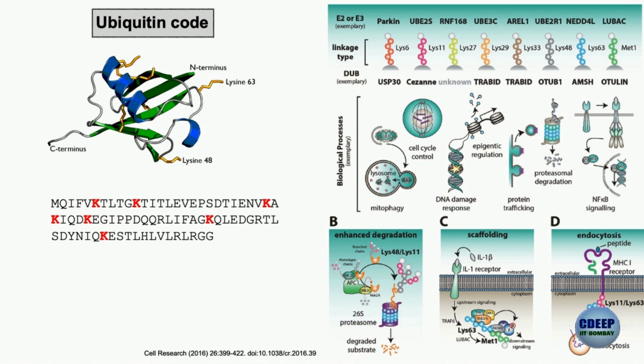Then there are other examples, like monoubiquitination when a single ubiquitin is added. This NF-kappa B signaling, whatever they have shown, we are going to talk about in a while. And then when there are some other types of DNA damage response related signaling,